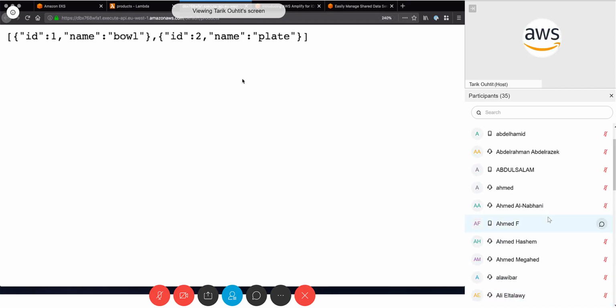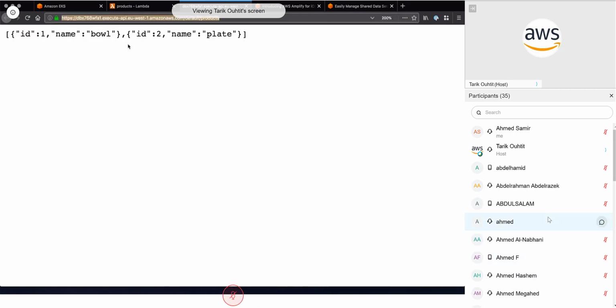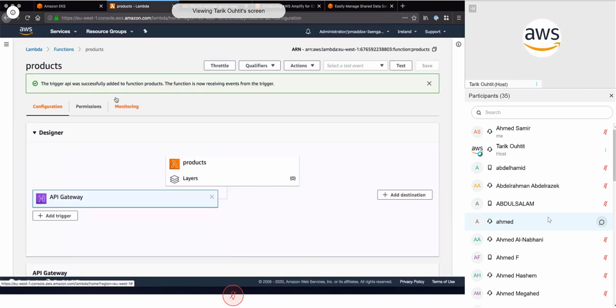Okay. So Lambda and API Gateway have given my API a public URL, and I can hit this URL and straight away I can see my API that I've created. So really, really cool. And I can also create more and more Lambda functions and add them into that same API at different URL endpoints.